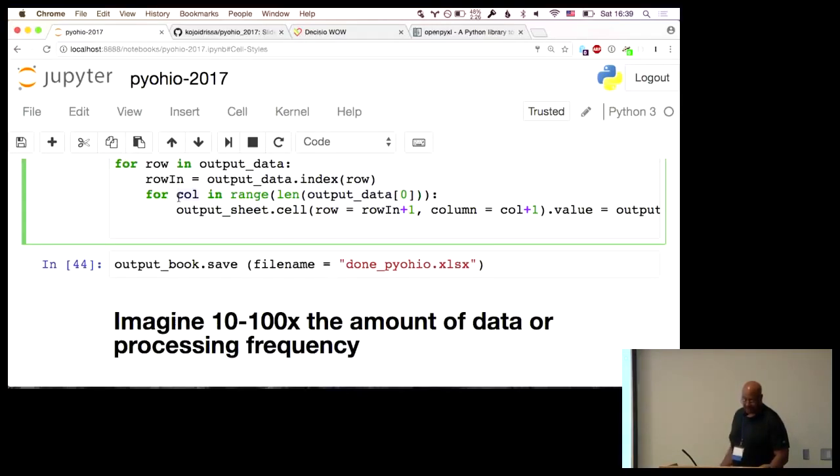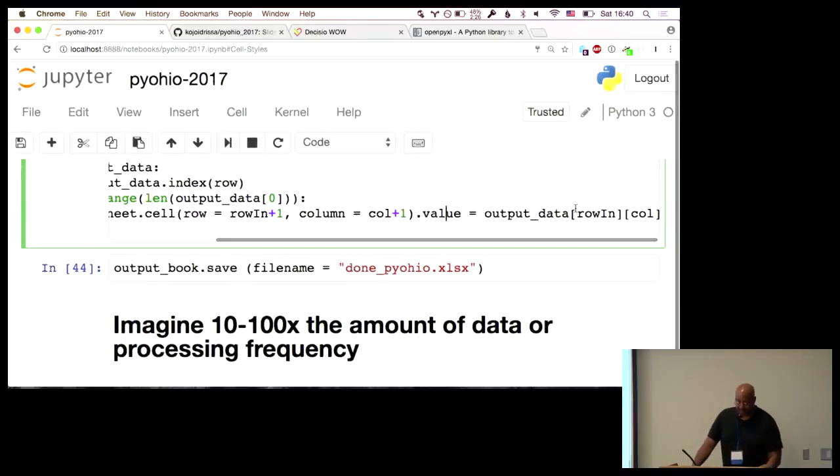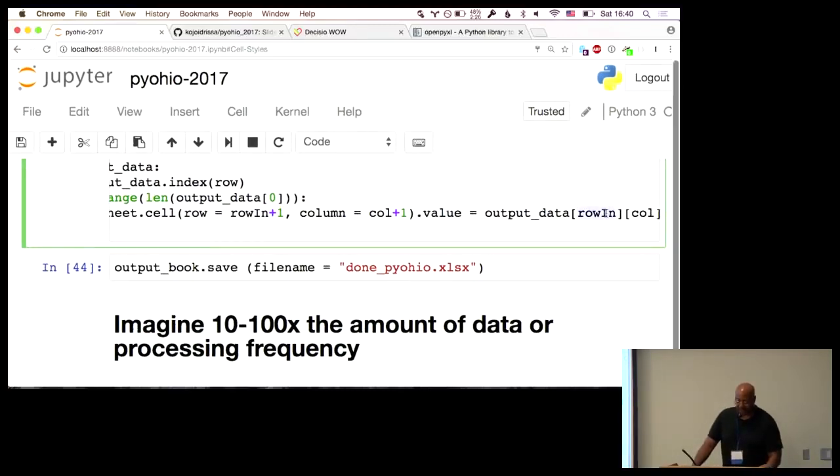For each column, we're going to have this range value, and that will start at 0 as well. And so I'm having to add the plus 1 to make that adjustment between Python and spreadsheets. And so for this row, first column, dot value. I'm saying for my worksheet that's in memory, the value I want for that particular cell, set it equal to the same row and column index in output data. And so I'm basically just going through,